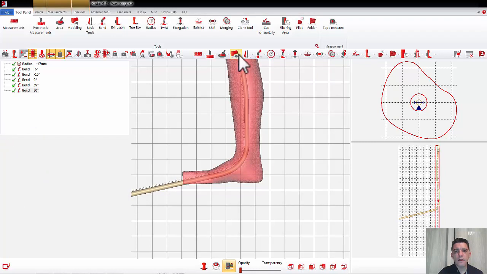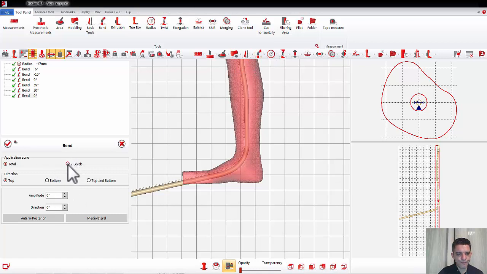Okay, and at the end, the last one in this view, 2 levels, bottom, anterior, posterior, 1 and 2, and something like this. Okay,